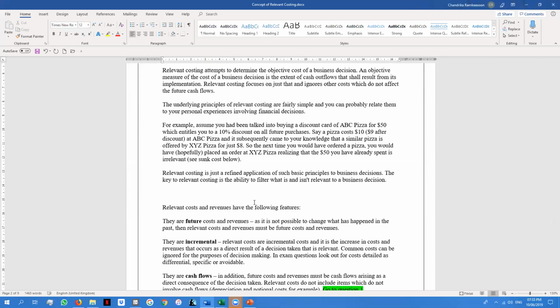You need to figure it out. And in my case, this topic, decision making, was not done in level 1 costing, it was done in level 2 management accounting. And this